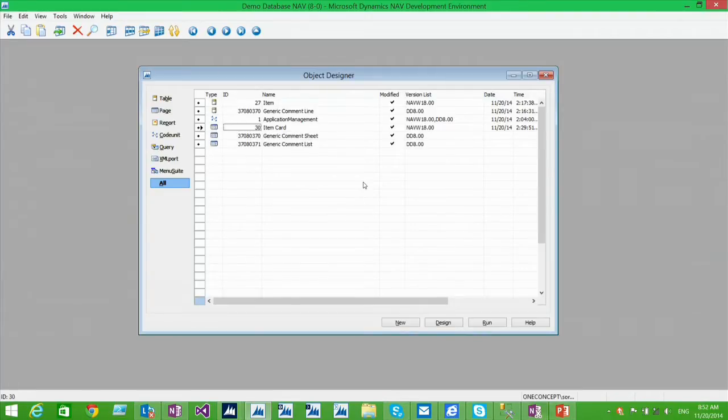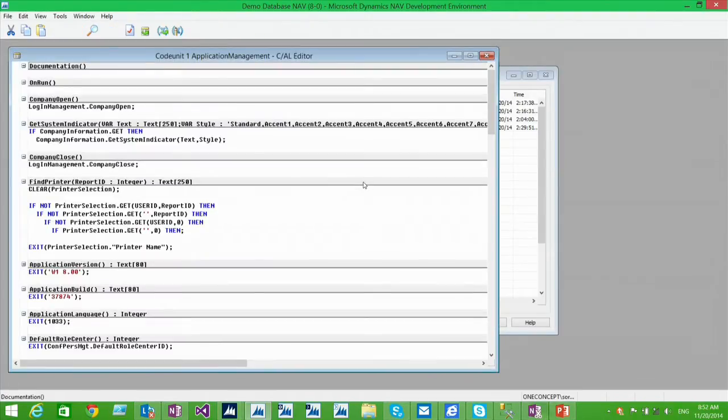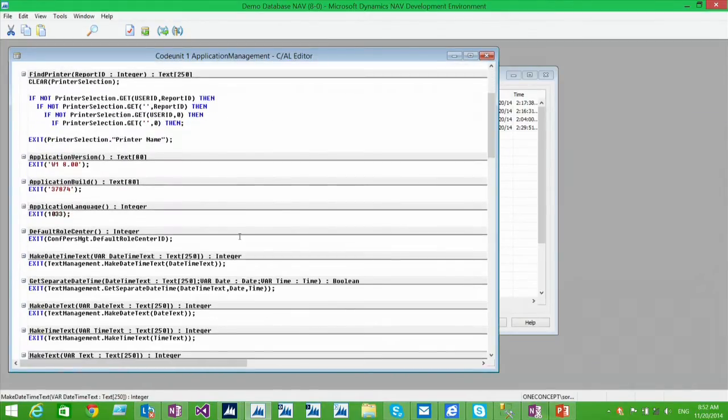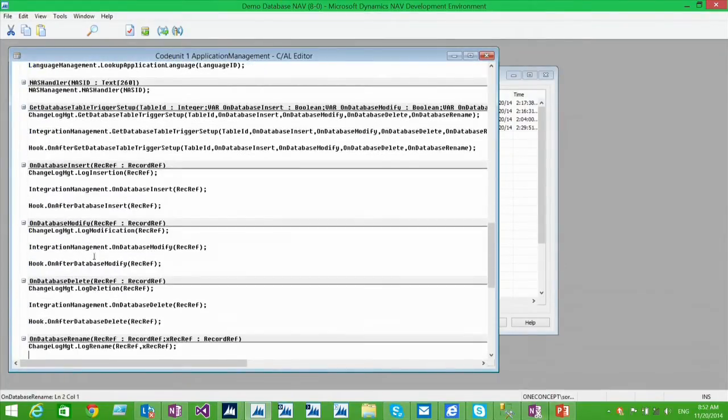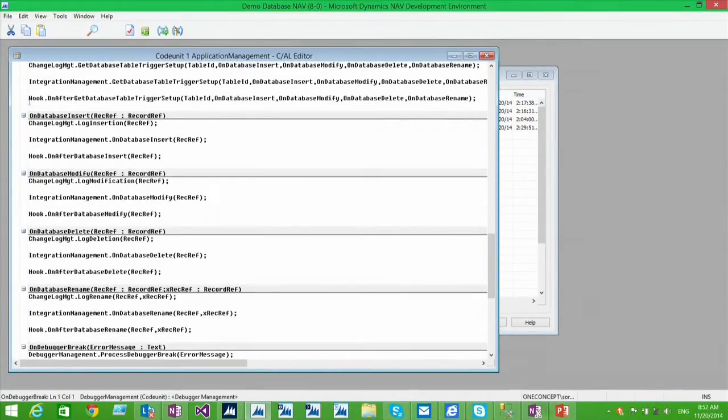And then I have in Code Unit 1 added hooks down here. So basically, there's a hook here in the global triggers. These triggers trigger anywhere across the system. So there's a hook here that's calling my functionality.